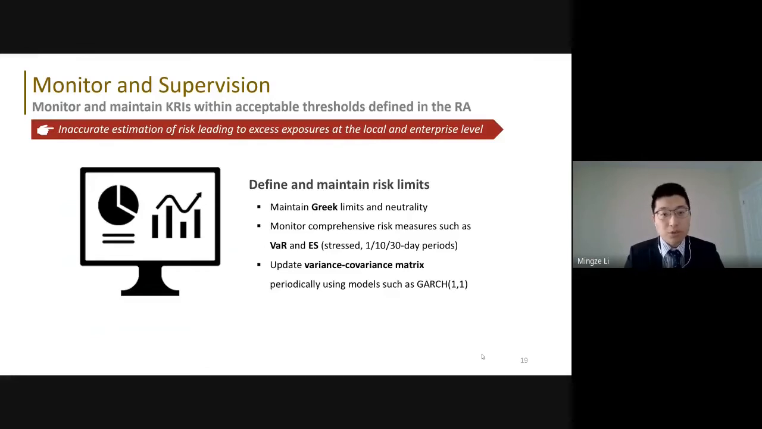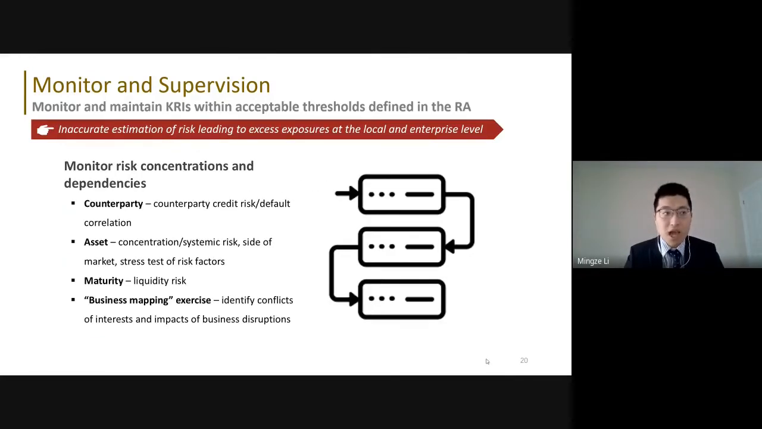The currency option desk should also review their concentration on counterparties, assets, and maturities. And they can monitor dependencies with counterparties and across business lines through a regular business mapping exercise. These measures will effectively prevent the currency desk from accumulating large positions on a particular asset and against a certain group of counterparties. To give more color to the KRI monitoring and supervision, we propose a performance and risk dashboard